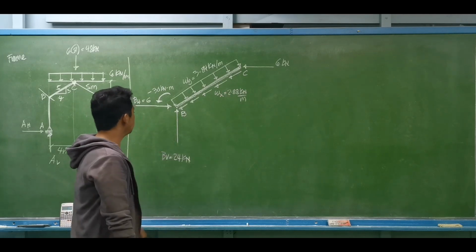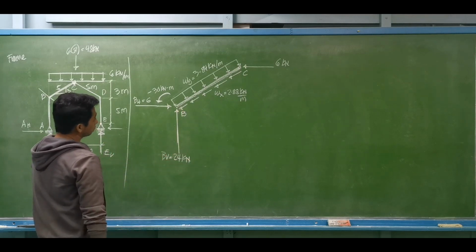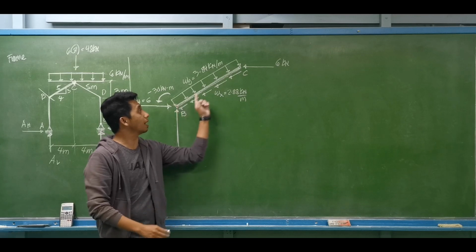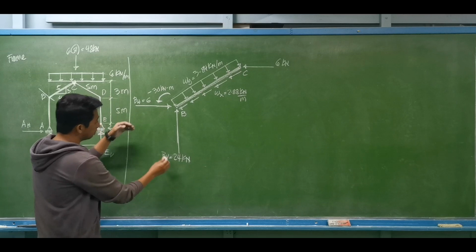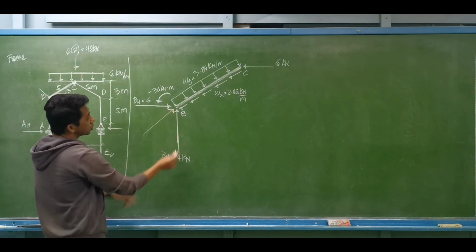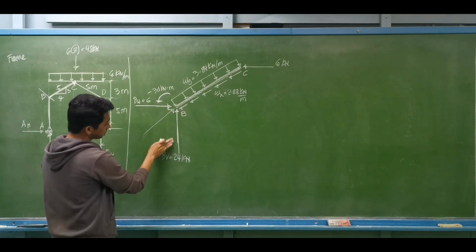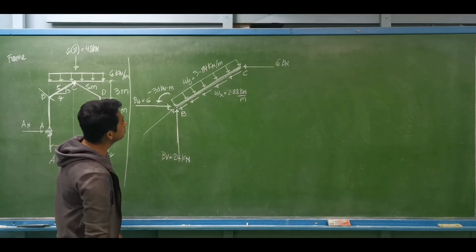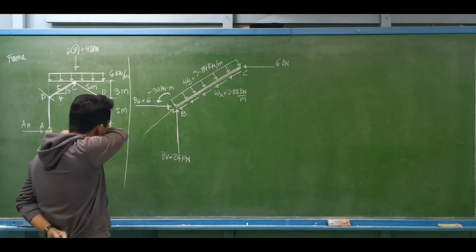Okay? So let us determine the components. So what will be the component of this? For example, solve muna natin yung total axial load acting on member BC. So what will be the equivalent force or component of 24 that is axial to member BC. So ano yung magiging slope nito? So let us observe the slope. The slope is 3 vertical, 4 horizontal. Okay, so this will be